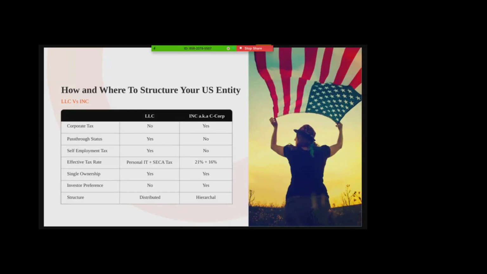Now here again comes the question, what is a pass-through entity? The pass-through status means any profit that is there in the LLC has to be distributed among the members immediately, so that it is coming to your current financial year itself. You are not able to retain the profit in the LLC. It immediately passes through to your individual level. Whereas in an INC, there is no pass-through status, so you can retain the profit and just pay the corporate tax, and you don't have to pay the dividend tax there unless you pay out the dividend to the shareholders.